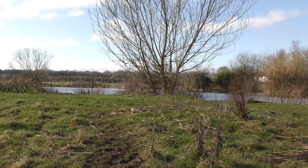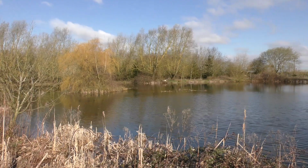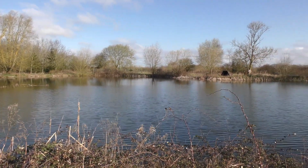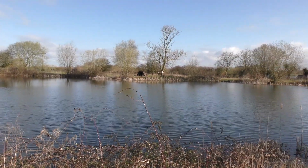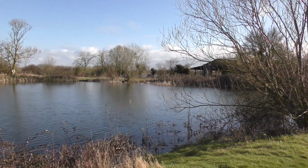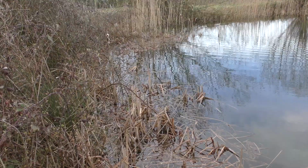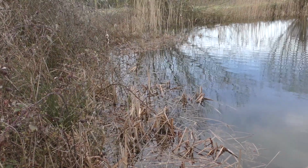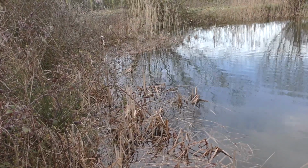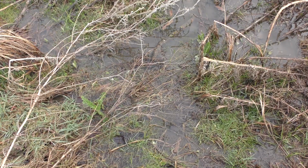I've not been here very long, but already I've noticed that the lake is massively different to when I arrived this time last year. When I arrived last year, there was quite a lot of fish on show, there was quite a lot of weed about, the lake was looking quite green as well. And this year there's hardly any greenery around at all. The willows are just starting to turn yellowy, and the water level's really high. There's probably about a foot more water on the lake, which is hiding a lot of the weed. You can't really see where the main weed beds are. And the banks are really mushy as well. There's been quite a lot of rainfall over the last few days prior to me coming here,